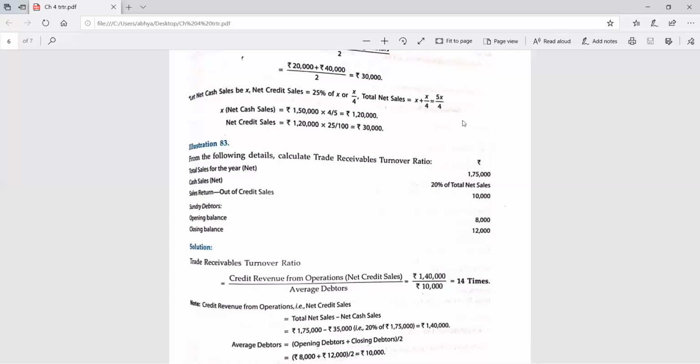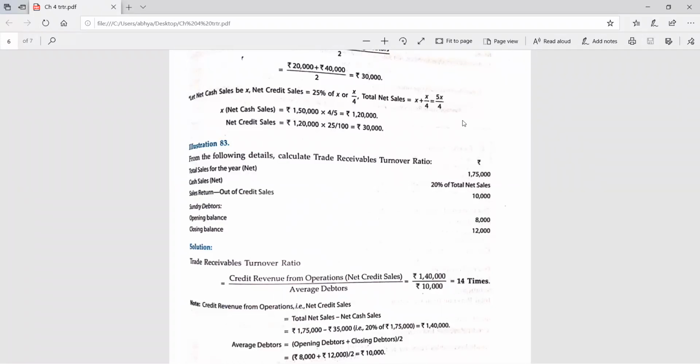Third point, one more point I told you, that is the third point. Which point did I tell you? Can anyone tell me the third point which I told you? Two points: if returns are given, net is given, then the returns will not be deducted. Second point, provision for doubtful debts will not be deducted. One more point I told you earlier.